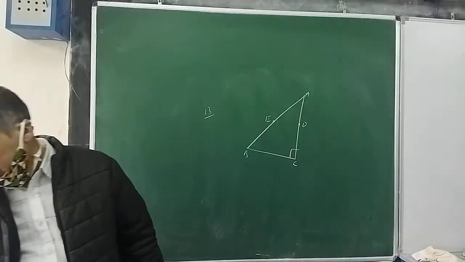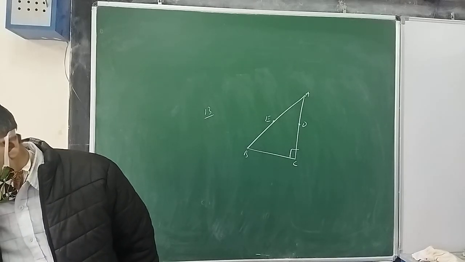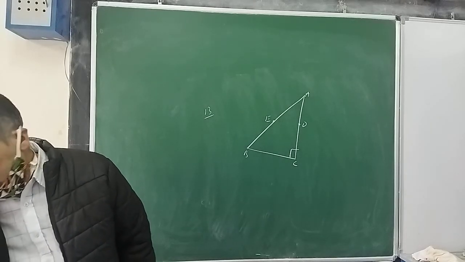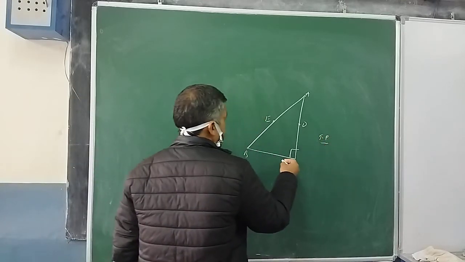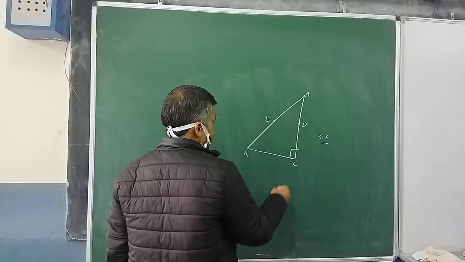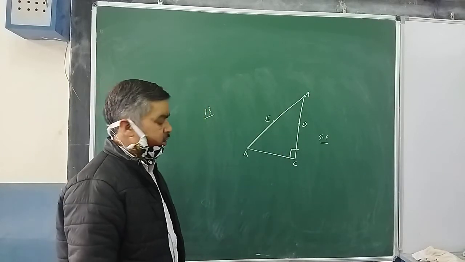I am taking it like that. Prove that AE square